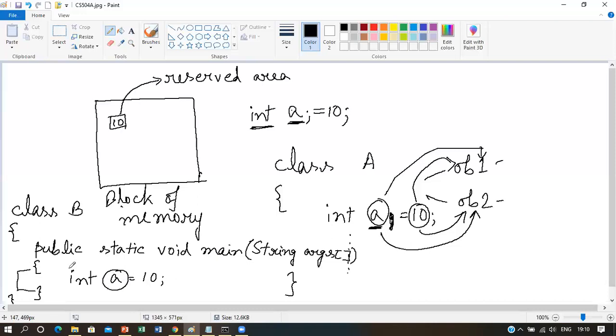So the last variable is static variable or class variable. Suppose we have taken another class, class C. Class variables are also instance variables with a static keyword before it.